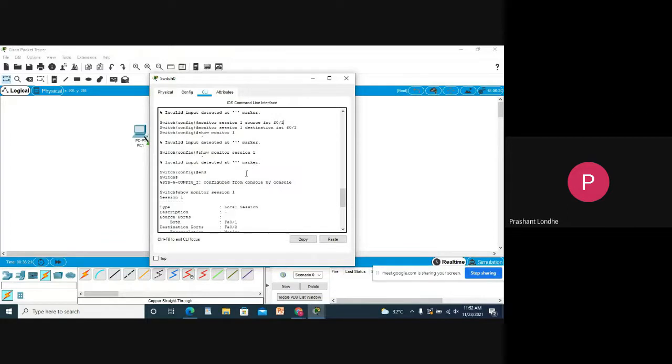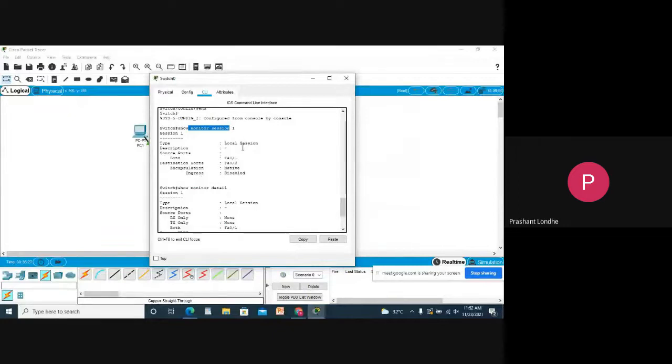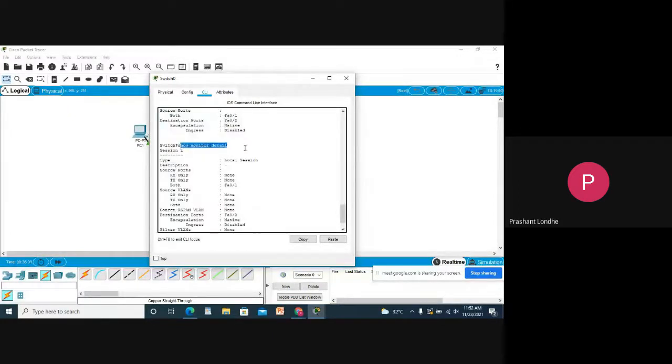Then you need to display that particular monitor. So just go to the root and type show monitor session 1. If you have successfully implemented it, that will be displayed over here, and you can see the monitor details. So this is a very simple bit. If there is any query in this bit,